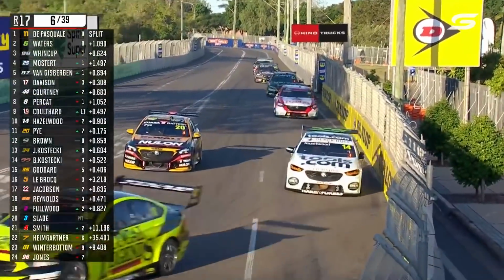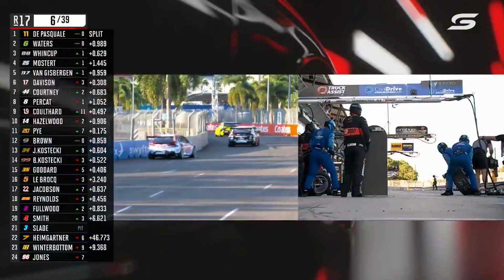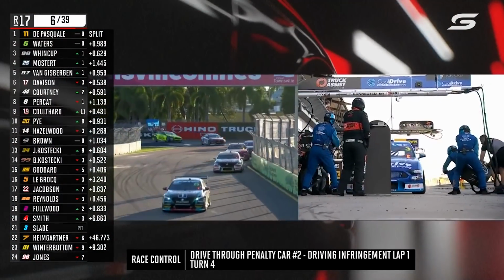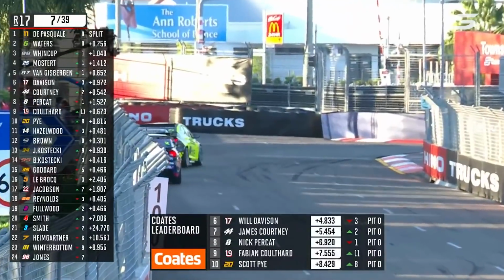Here's Scott Pye up the inside, Todd Hazelwood. And we've been waiting for Scott Pye for 3 races, 3 events now, to deliver on what we think is very strong race pace. Maybe today's the day. Currently in P10. Tim Slade's into the lane. This is early. Very early. To the 250k races that we...